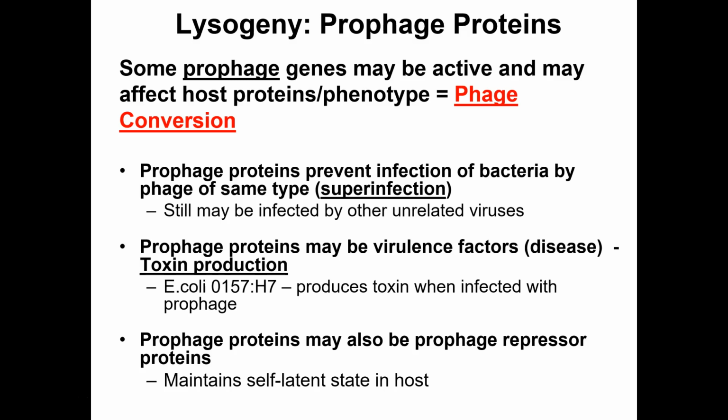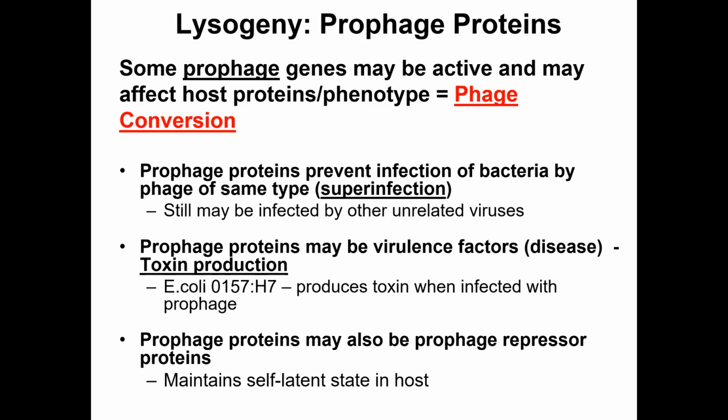Okay, so how does it do that? Well, three major examples. The first one, and this is the most common example. Prophages will produce proteins to prevent, here's your word of the day, superinfection. Meaning, preventing related viruses from infecting that cell. Now, it makes sense when you think about it, okay? Imagine, you're a prophage. You're hiding out in some bacterial cell. You don't want a related virus to show up and kill that host cell you're hiding in. So you're going to mask yourself. You're going to mask that host cell.